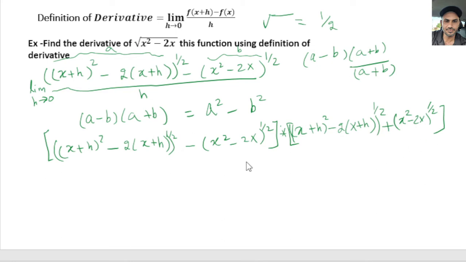So this whole quantity is divided by h. So divided by,